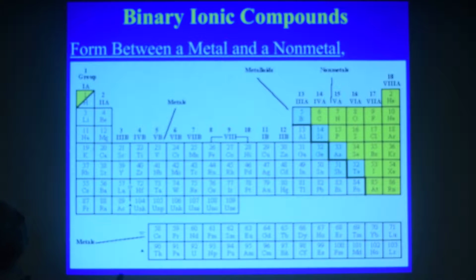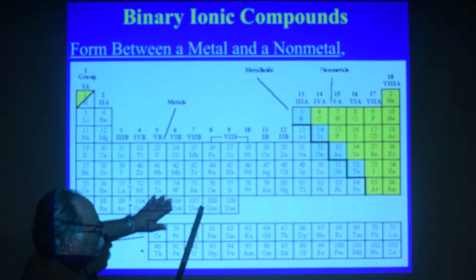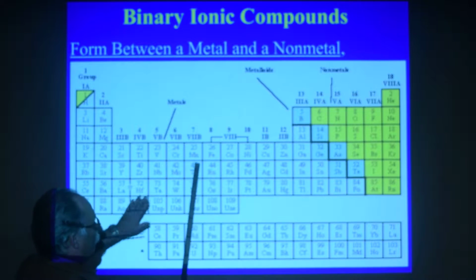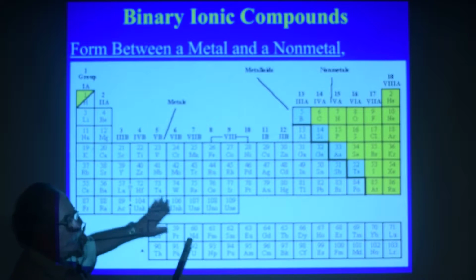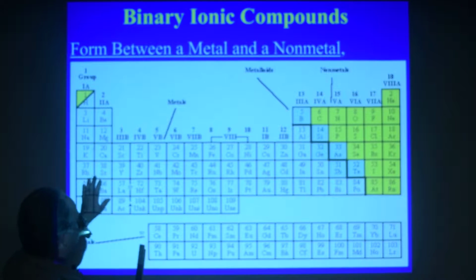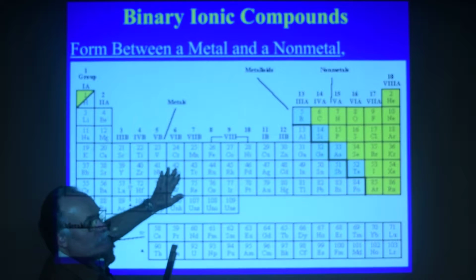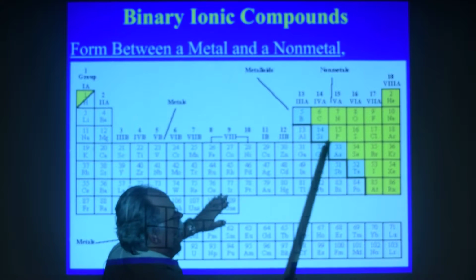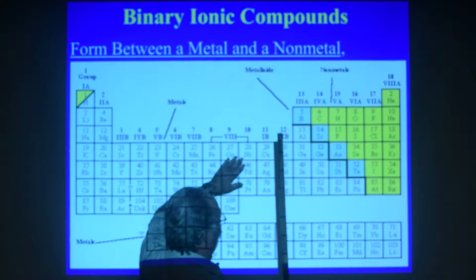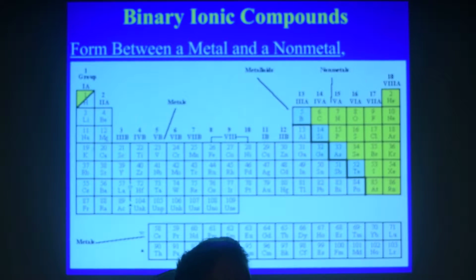Okay, we're now going to look at binary ionic compounds. These are ionic crystal structures that occur between metals and non-metals, okay? And as we look at this, we'll see that there are two types of metals. Some of the metals have only one charge state, where many of the transition metals will have multiple charge states. And what we want to do is identify how we name the ionic compounds that occur between a metal and